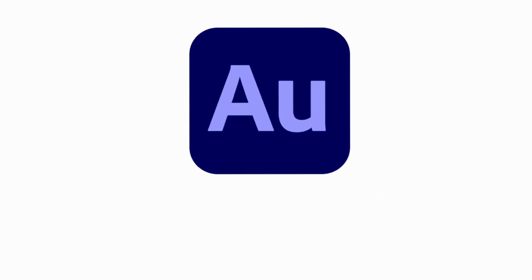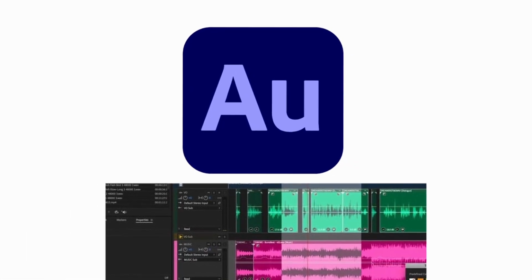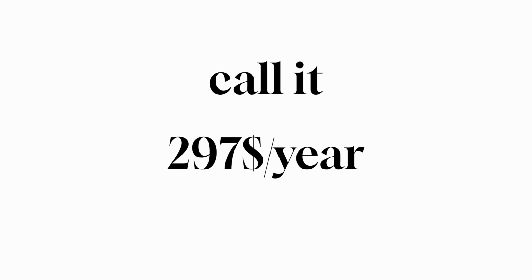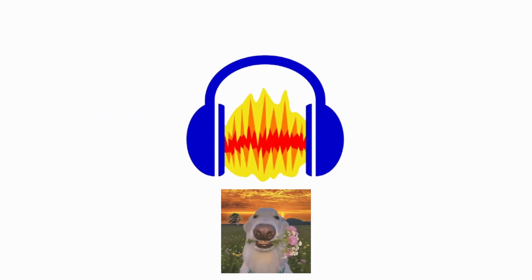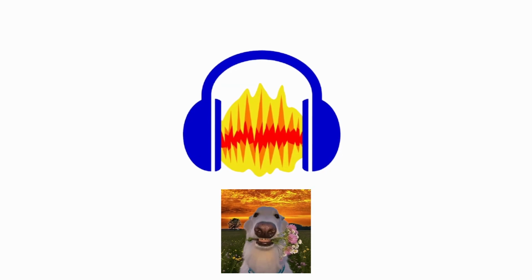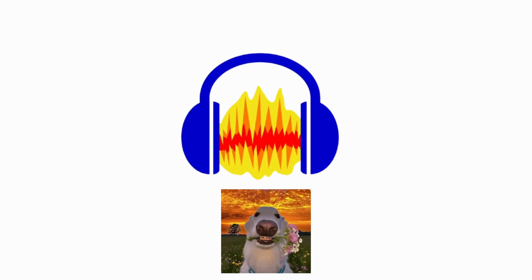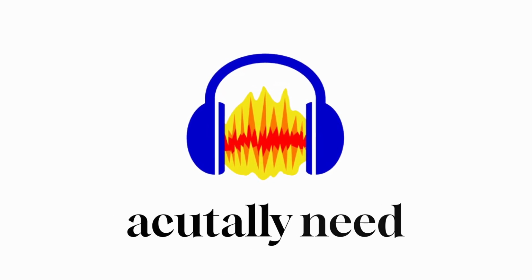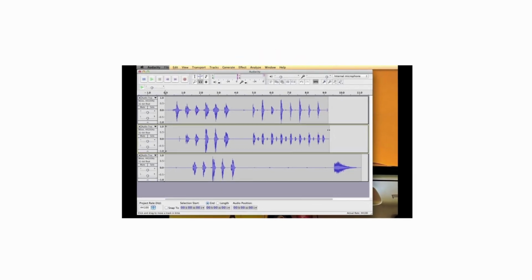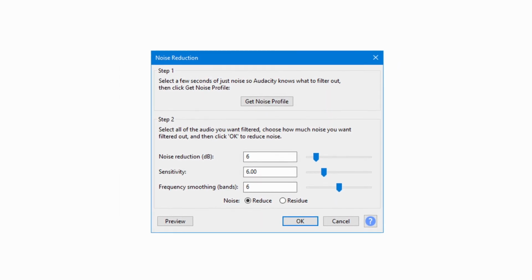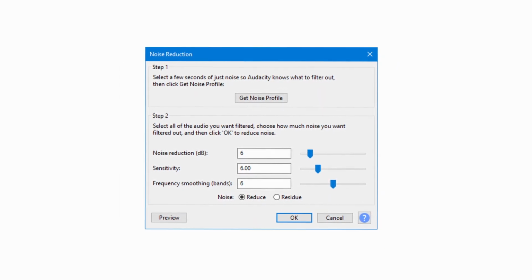Audacity. Adobe Audition, the industry tool for cleaning up and editing audio, runs about $23 a month on its own. Call it $275 a year just to touch it. Audacity has been the free alternative for over 2 decades, and it still does what most podcasters, musicians, and editors actually need. Multi-track recording and editing, a built-in noise reduction tool that strips a hum or a hiss out of